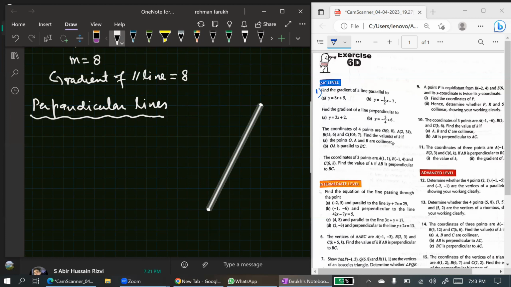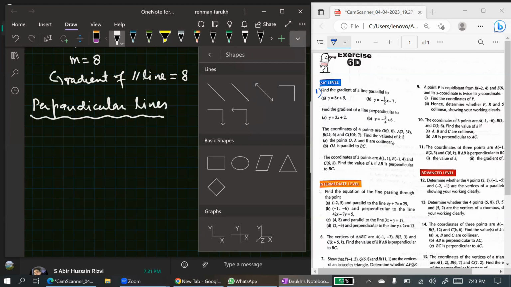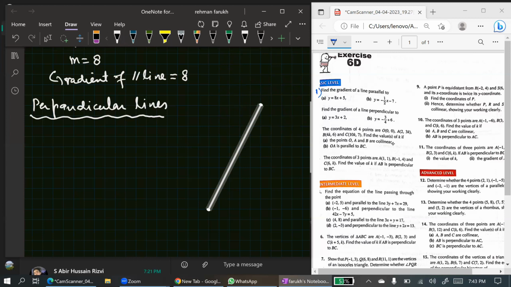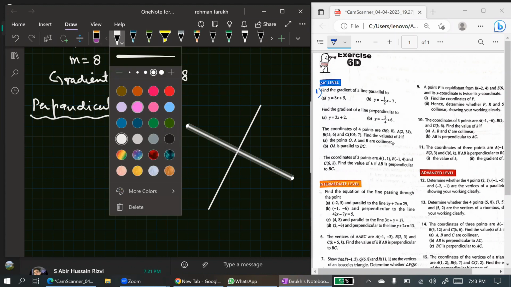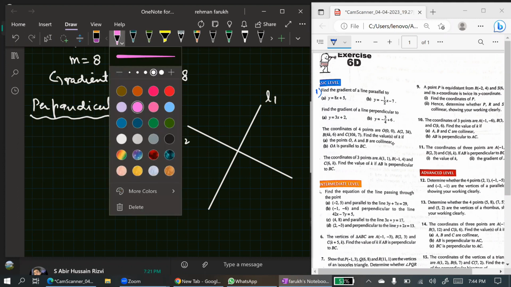One line is this, and the second one is this. The gradient of line 1 is this one, L1, and this one is L2. Now the gradient of line L1 is